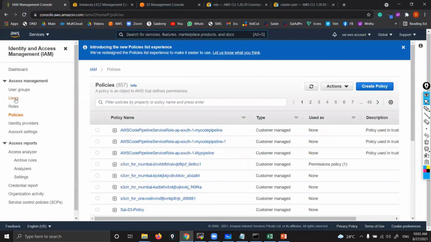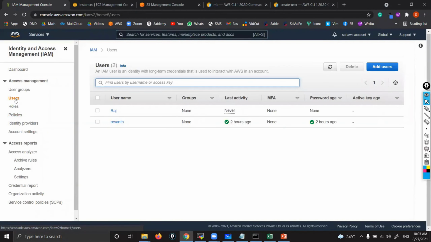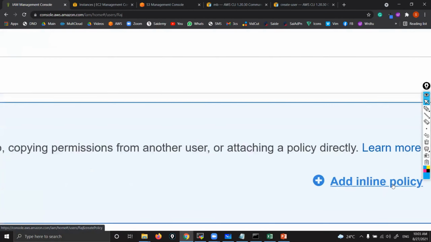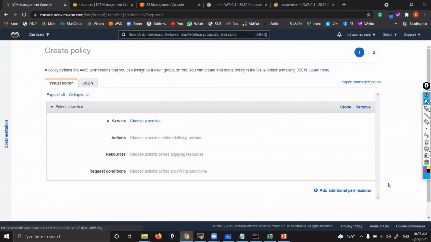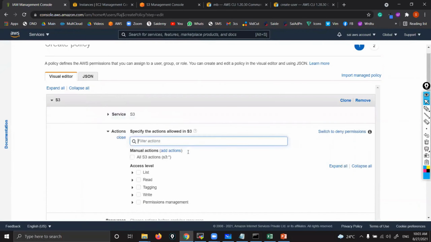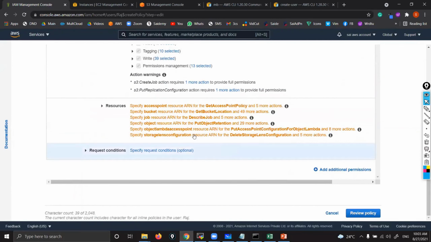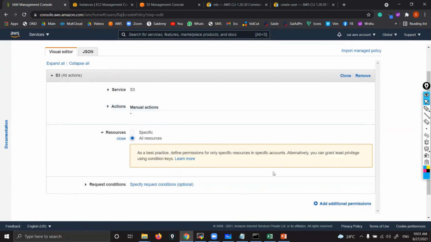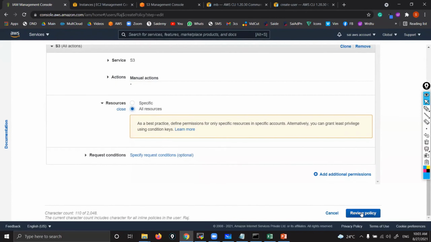Inline policy. To create an inline policy, first you need to have a user or group or role. Okay, I have a Raj user. See here, you can see add inline policy. Click here, add inline policy. Things are very much the same. Let me do the same thing. I would like to have S3. Select S3, full access. Then I would like to give all resources. Then review